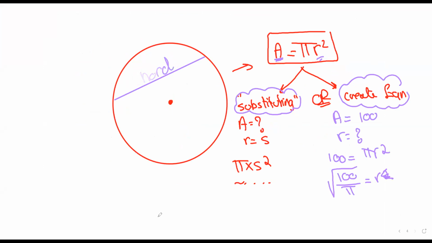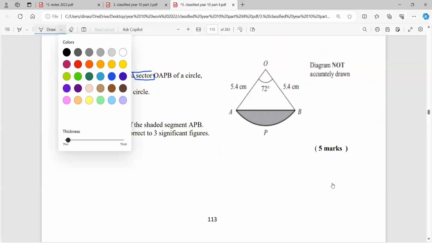A chord is a line that connects 2 points on the circumference. If a chord passes through the center, then it's called a diameter. So the diameter is the longest chord. Okay. So as you can see over here, if I actually use my magic trick and erase this part,